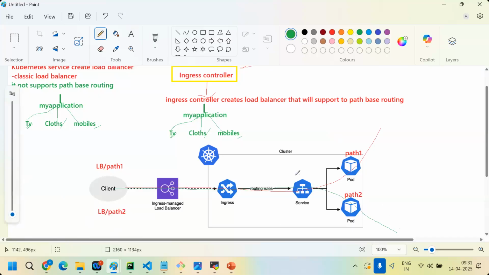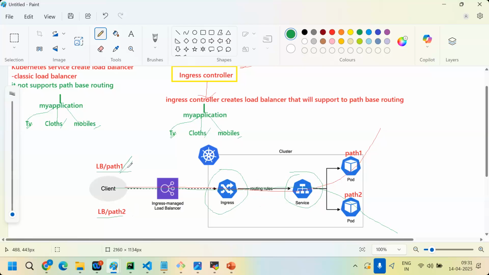So this service is there now. On this service end, we can create two service YAMLs. The first service sends requests to path 1, the second service sends requests to path 2. But these services don't know whether the user hit path 1 or path 2. So these services are managed by the ingress.